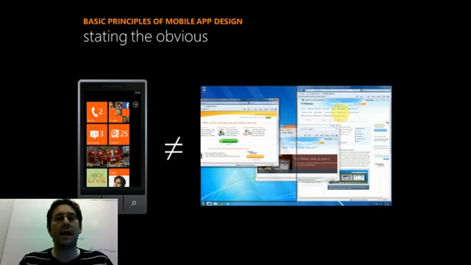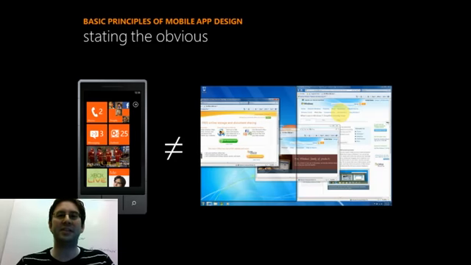It's really not something where you can just take everything that's in the functionality of your desktop application to the phone. And again, that's also obvious. But when you actually go through the process of driving the functionality and figuring out exactly what the experience is for that application on the phone, you have to be very careful about